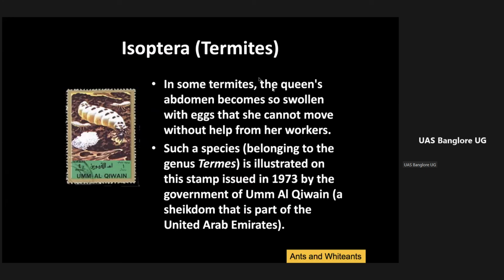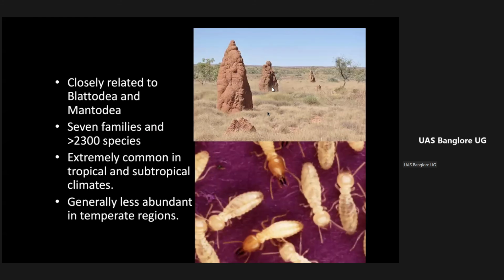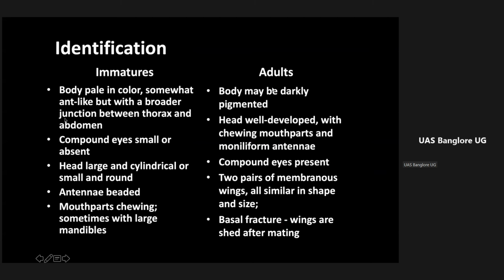Look at such a big termitarium. Wherever they are, you can see the mud pillars, which are nothing but the termitarium. They are a serious problem, economically important. They come and feed away your furniture, your books, and they damage the crop because they feed on the root system. Controlling termites is the biggest challenge. So that's how you can identify the adults.